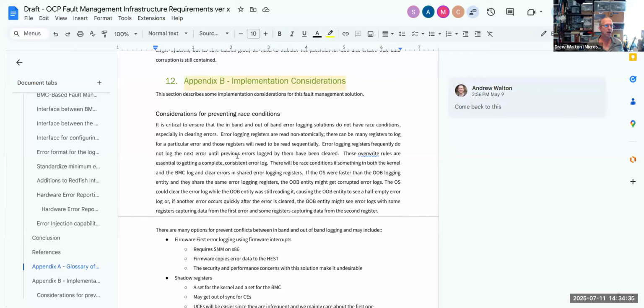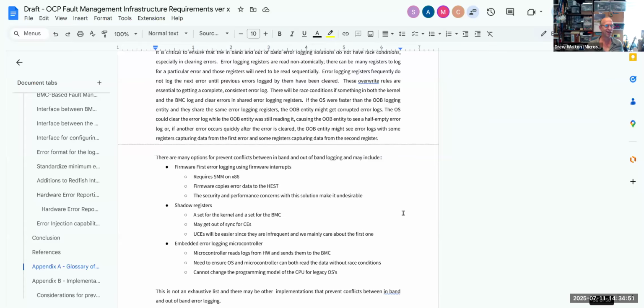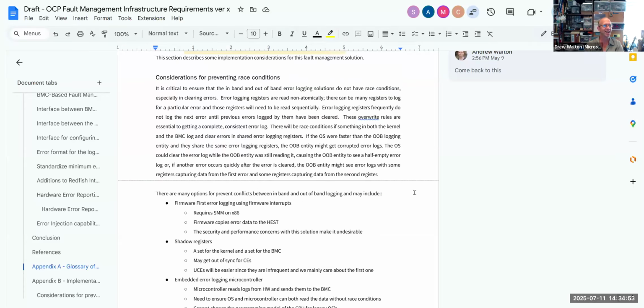Okay, and then let's see. I agree with what I'm reading. I think I must have written it. Stuff that keeps me up at night. But I don't know what to do with it.